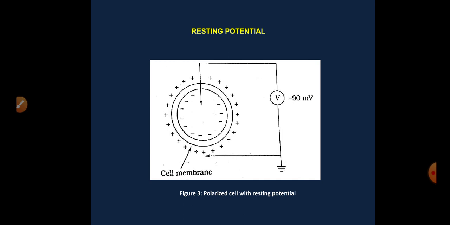So equilibrium is reached when there is a potential difference across the membrane, negative on the inside and positive on the outside. This membrane potential is known as the resting potential of the cell. The potential is maintained until some disturbance exceeds the equilibrium. The membrane potential is measured from inside the cell with respect to the body fluids. Therefore, the resting potential is negative, ranging from minus 60 millivolt to minus 100 millivolt.